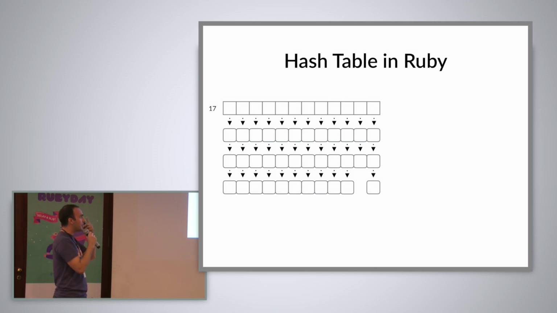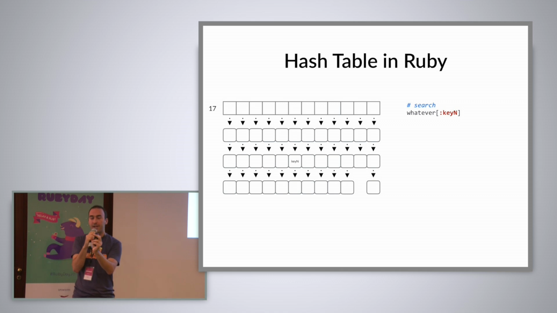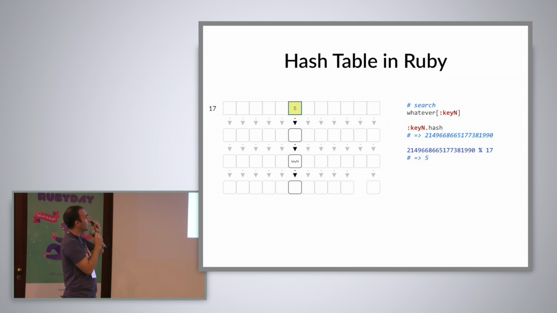Okay, so now you can probably start thinking what happens when you have to find a specific item in the hash and why the performance is so effective. When you have to search for an item with the key n, the value of the key is passed to the same hashing algorithm we used before to store the information. So we get the hash, we compute the modulo by the size of the storage array, and then we go straight to the position where we have the pointer,